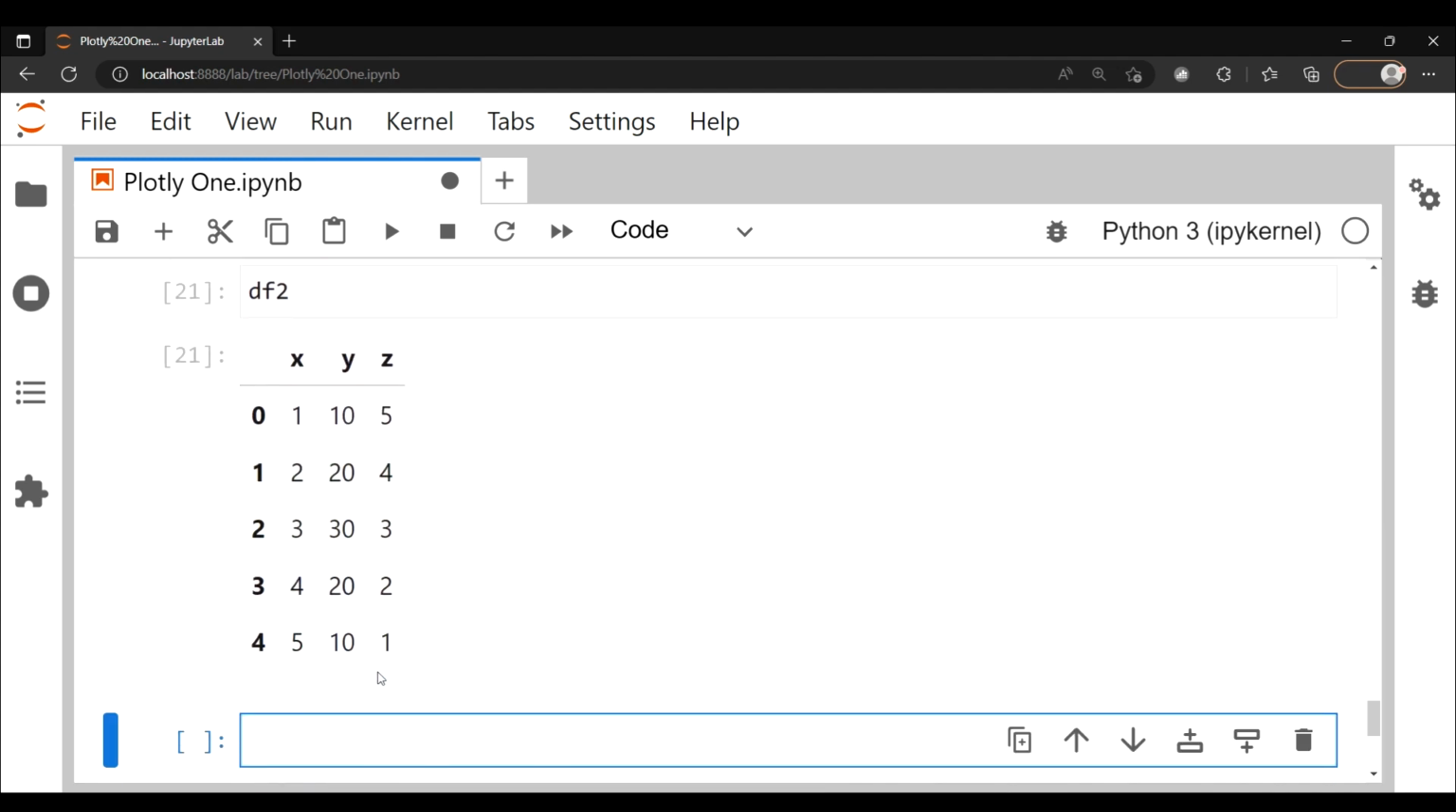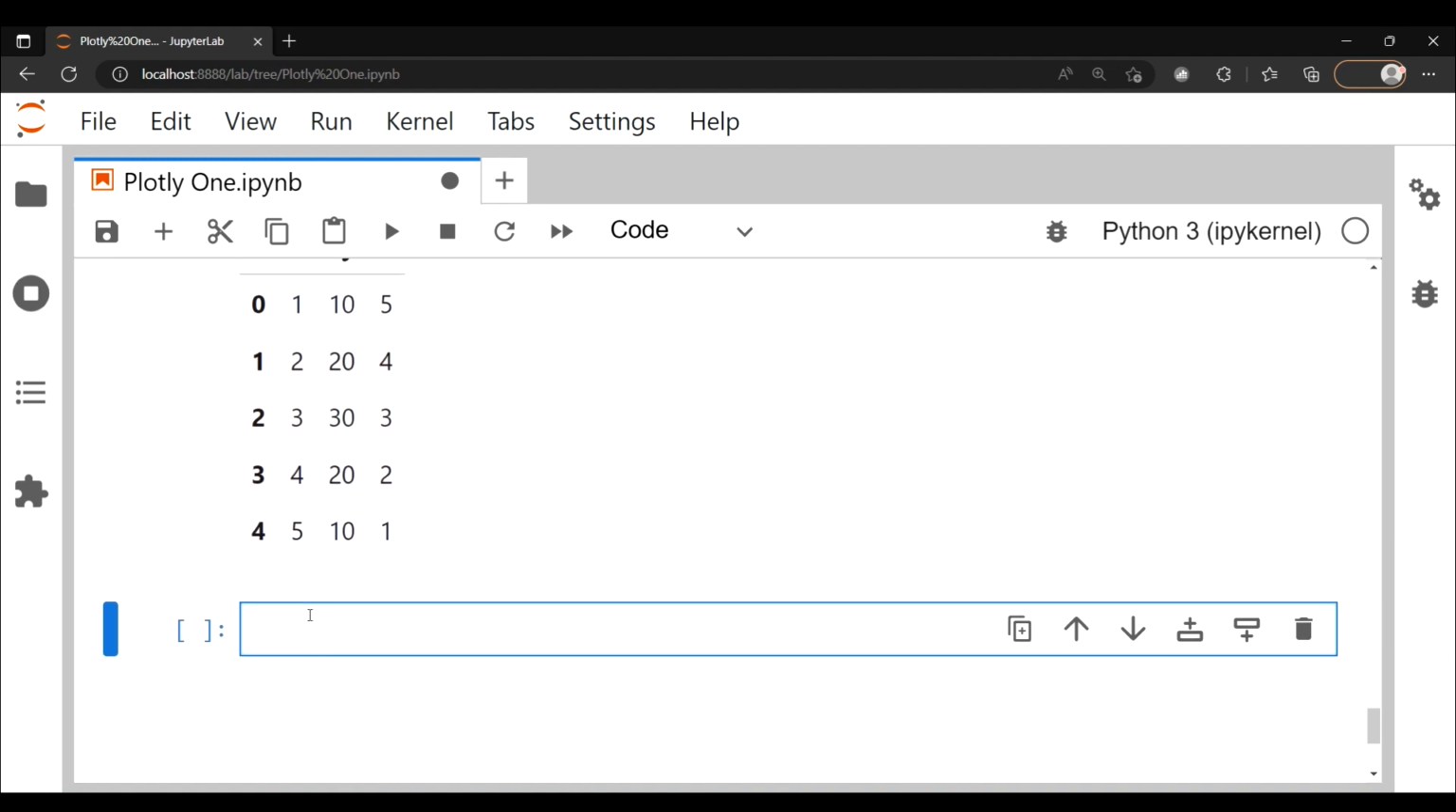So this is my df2, and I've made this one customizable because of the diagram that I want to show you. So we want to plot a surface plot. So let's say I plot here and put here kind, I want it to be a surface plot,